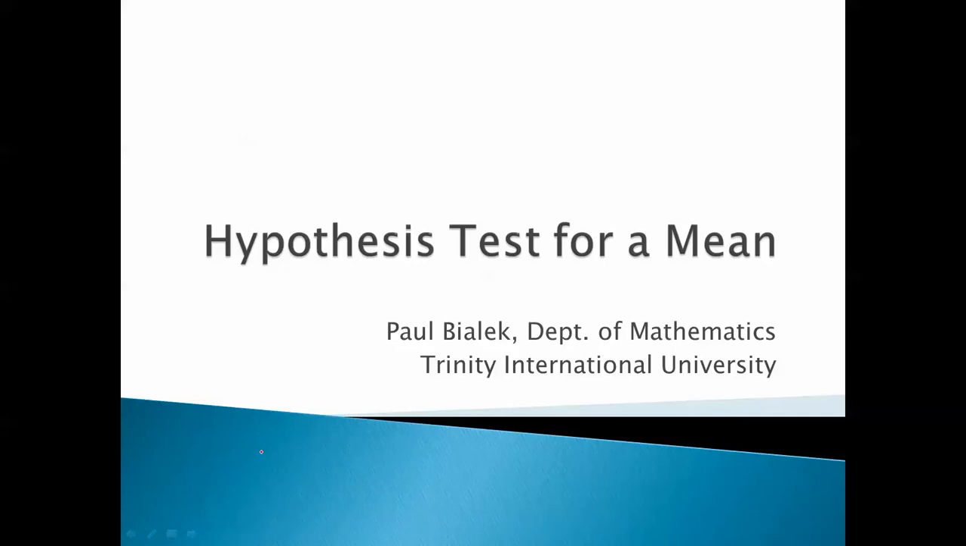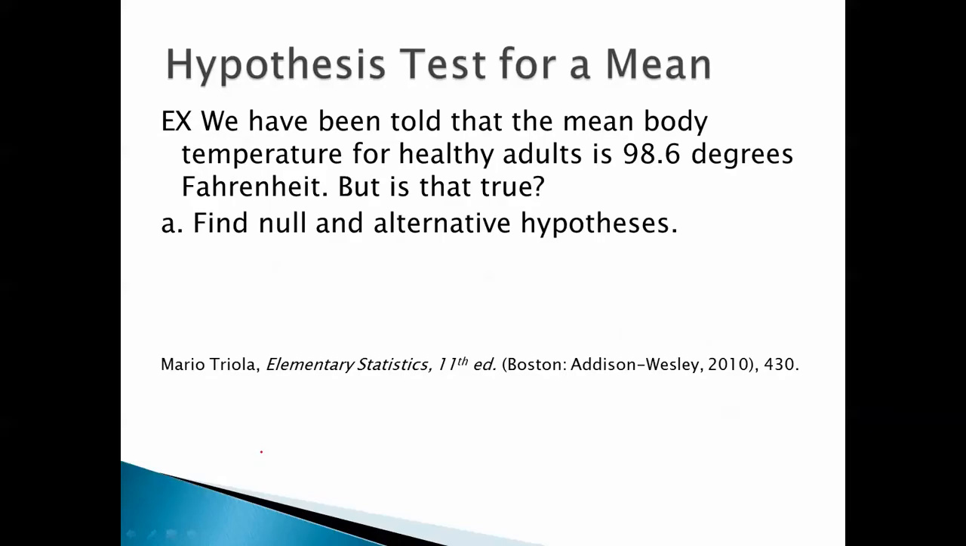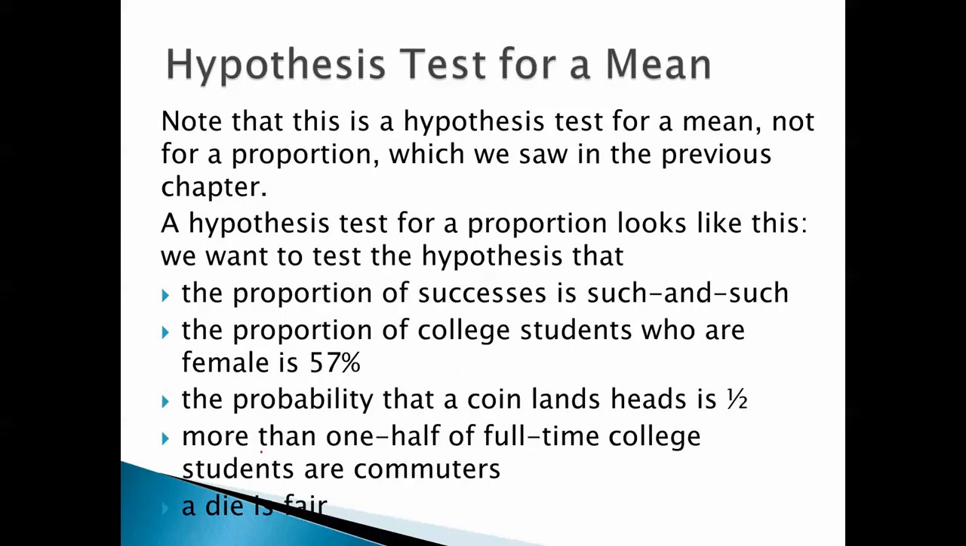Let's look at a hypothesis test for a mean. We've been told that the mean body temperature for healthy adults is 98.6 degrees Fahrenheit. But is that true? Well, let's find null and alternative hypotheses. Note that this is a hypothesis test for a mean, not for a proportion, which we saw in the previous